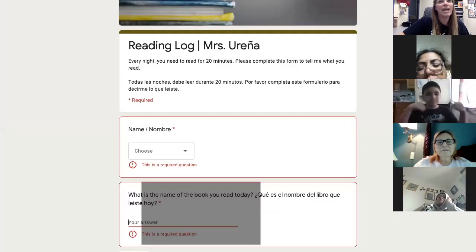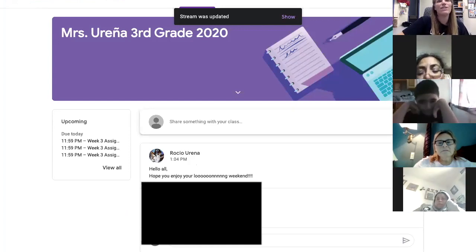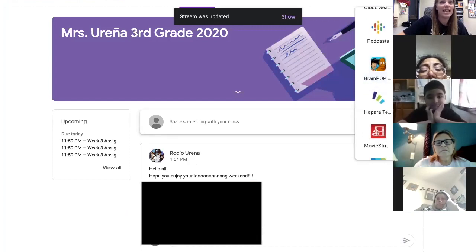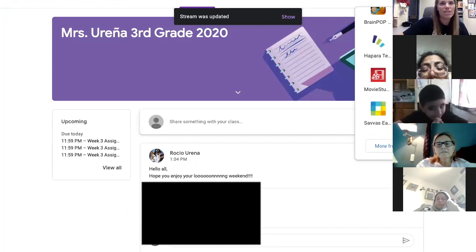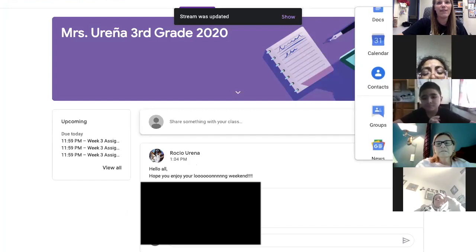So again, it's the pancake over here on the left, and the waffle over here on the right to get them into different programs. And you'll be able to see things like Brain Pop, things like Kids A to Z. They all have National Geographic subscriptions here. So sometimes you don't even know all the tools that they have access to. So go ahead and ask them to check out their waffle with you, and you'll be able to see some of the tools that they have.